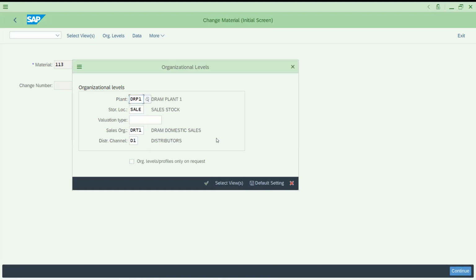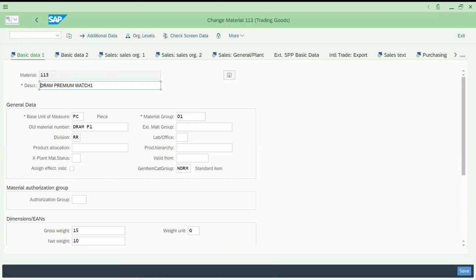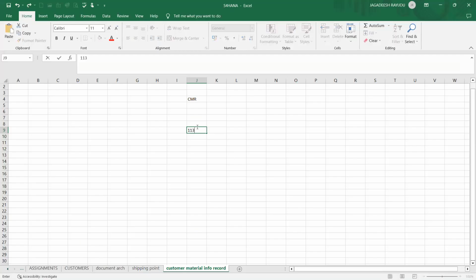Okay. Now let's press enter. You can see this is the description related to premium watch, and this material code is 113. This is fine. Assume that you can remember this one. Okay, so let's take an example. 113 is the code,